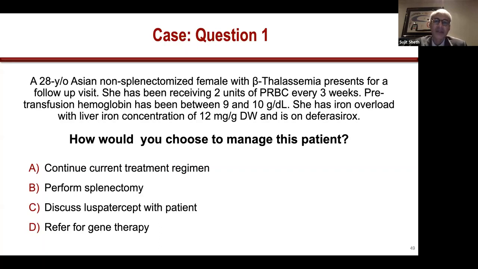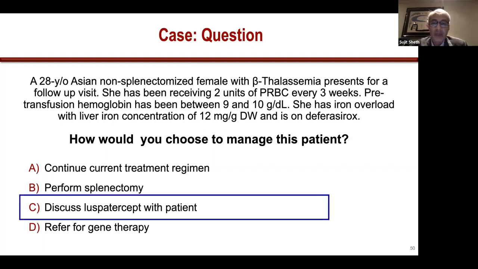Okay, good. So this is an individual who is doing reasonably well, except I'm not particularly happy with the liver iron concentration of 12 milligrams per gram. I'd prefer to be somewhere in the 2 to 5 range. But otherwise, she's getting transfused every 3 weeks or so. Her hemoglobin is maintained in the range that we would like it to be maintained for the most part. So she's doing okay. But you want to reduce her iron level. You can increase her iron chelation, or you can try to reduce the amount of iron that she's getting through her transfusions.